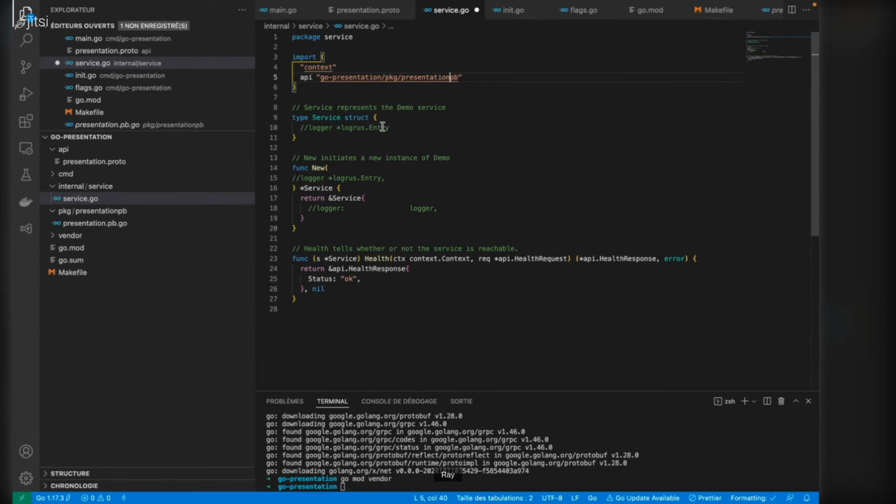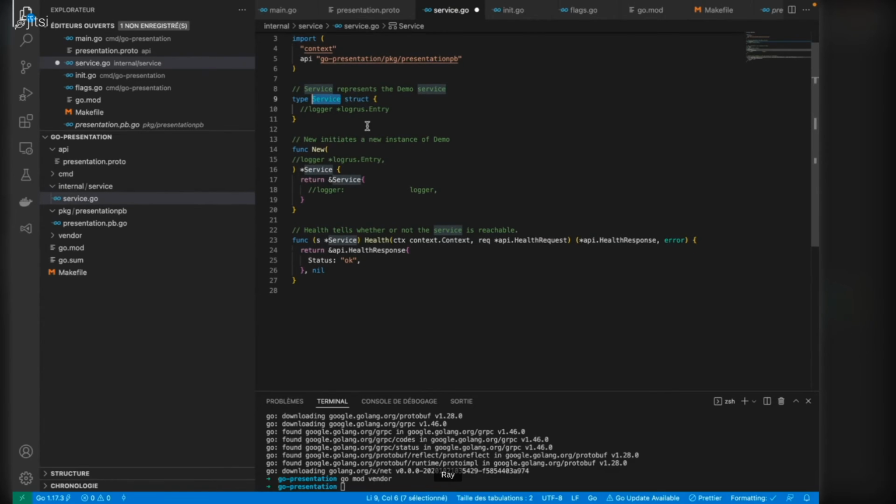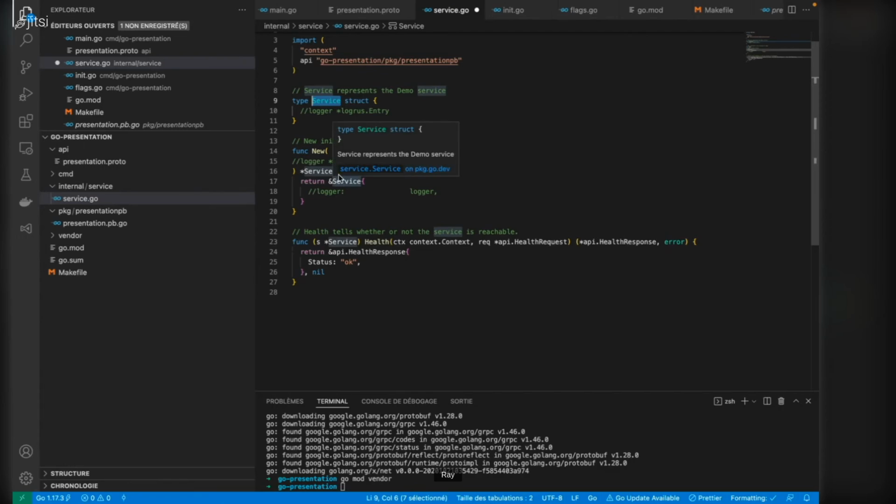I create a struct which is called service. Inside of it, you can add members like a logger if you need to log something in the health function, for example, or you can add any other stuff that you would need in order to execute the health function.